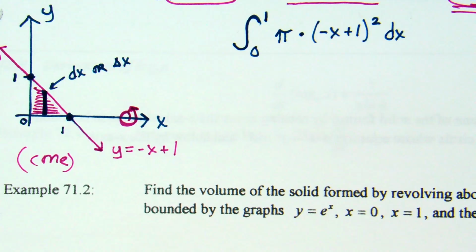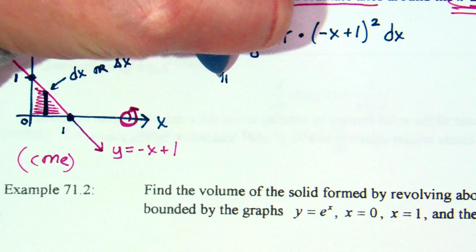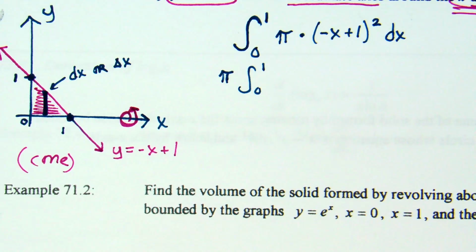Okay, guys. The pi is a constant, yes? So, good practice is to put the pi out front, times the integral from 0 to 1. What do I have to do before I integrate? Can we integrate a quantity raised to the second power very easily? No, you should be foiling it out before you integrate. So it's negative x plus 1 quantity squared, so